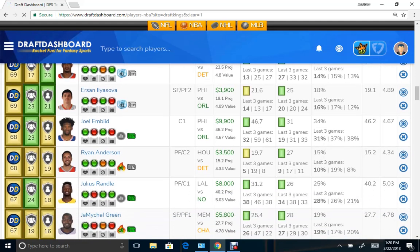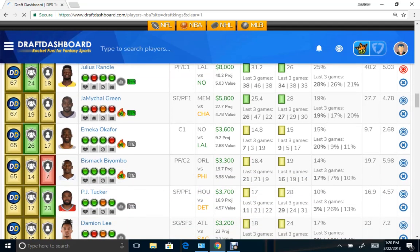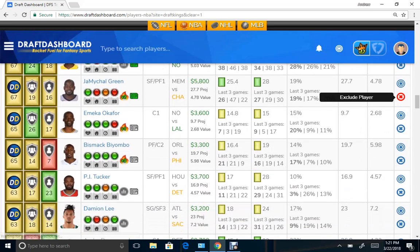Embiid has been good, but he's played recently, like I said. That team has. Randall, you can't go wrong with the Lakers and they're running 25% usage, 5 value. This sticks out to me right here, almost a 6 value-wise center for Orlando. But you'd have to check to see, obviously, if Howard is playing. But he's put up the last few games almost 20 points a game, but not really. So, but I could see him playing some minutes to back him up. So we could, since we want to get some low-price guys, put him in there. And